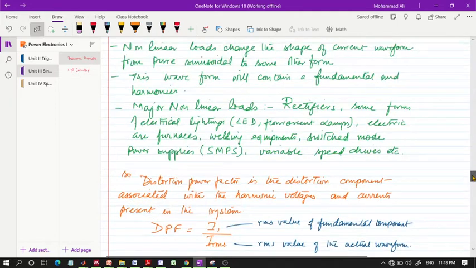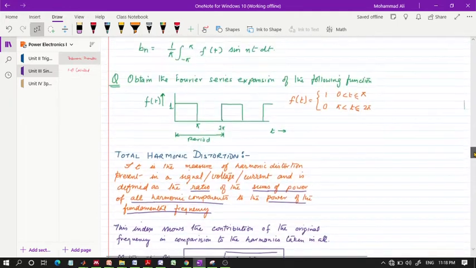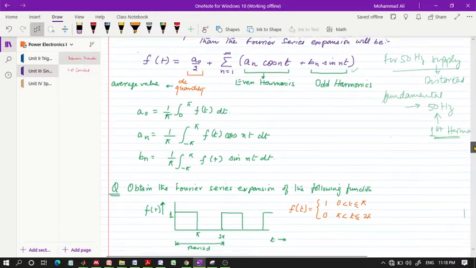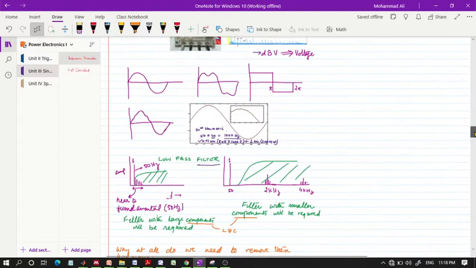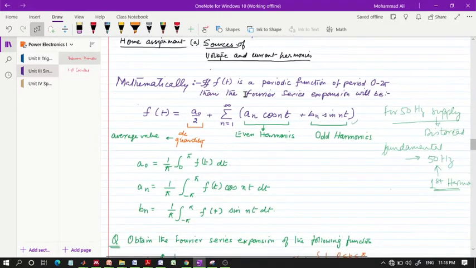So students, in the last video we saw some details about the Fourier expansion of a periodic function. Mathematically we can write that expansion as: if f(t) is a periodic function of period 0 to 2 pi, then the Fourier series expansion can be divided into its DC quantity plus the AC quantity that can have the fundamental as well as harmonics. Now this term deals with the even harmonics, and this term deals with the